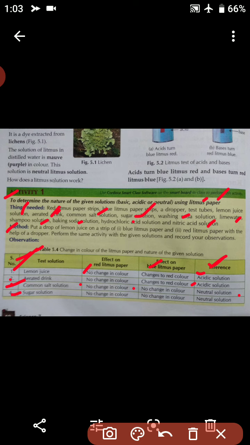So number 4 is a sugar solution. If we put a few drops of sugar solution on the red litmus paper, there will be no change in color, and in blue also there will be no change in color. So it is a neutral solution. So common salt and sugar solution are neutral solutions. Okay, neither acidic nor basic, it is a neutral solution. But lemon juice and aerated drinks, they are acidic solutions, because the blue litmus paper changes into the red color. Okay,